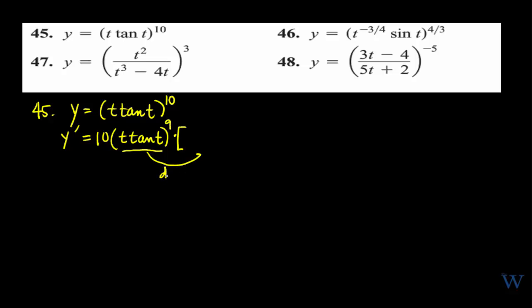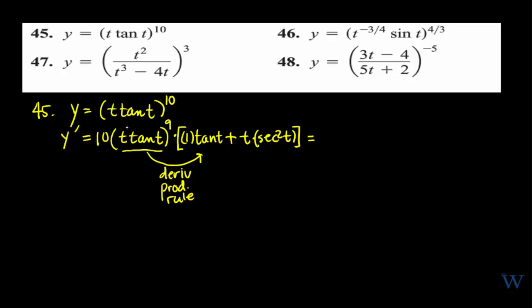So what's the derivative? Using product rule. Okay, so what happens here? Well, I'm going to write what's the derivative of t, which is 1, times tangent of t, plus t times the derivative of tangent, which is secant squared t. Okay, so the rest is just really